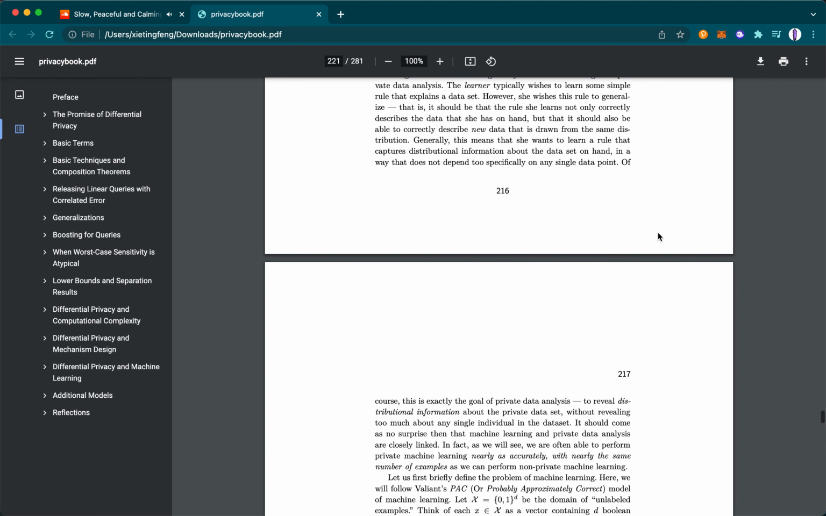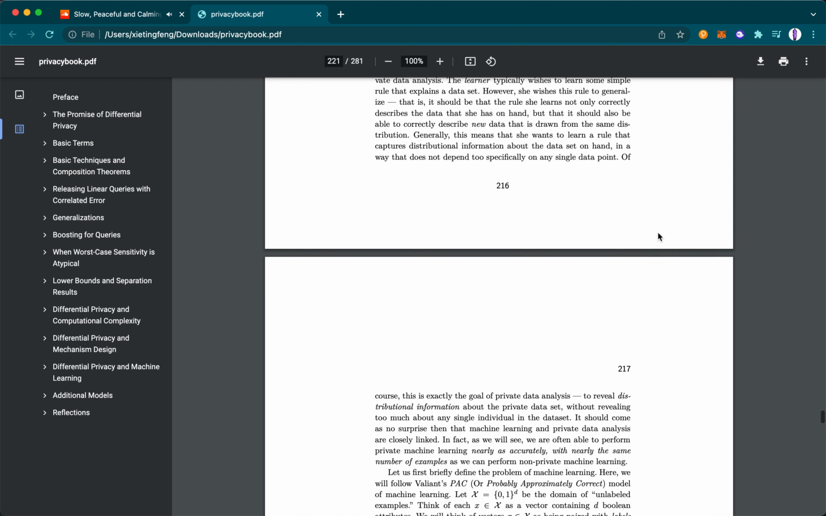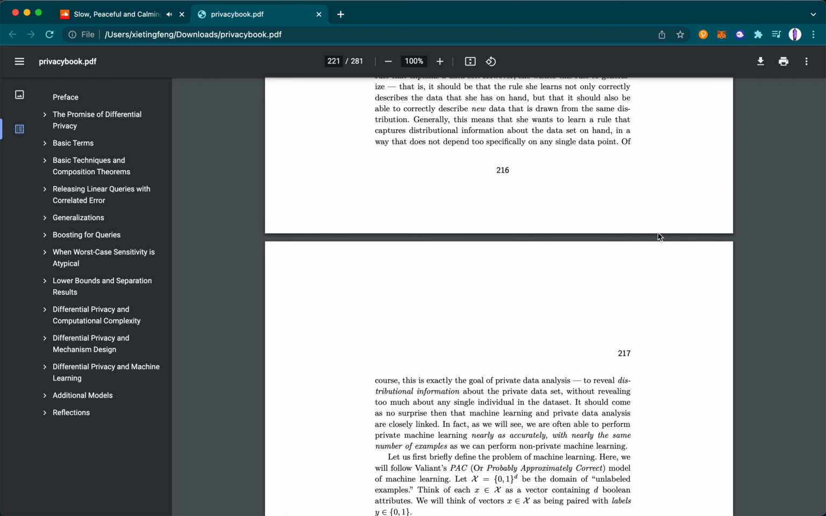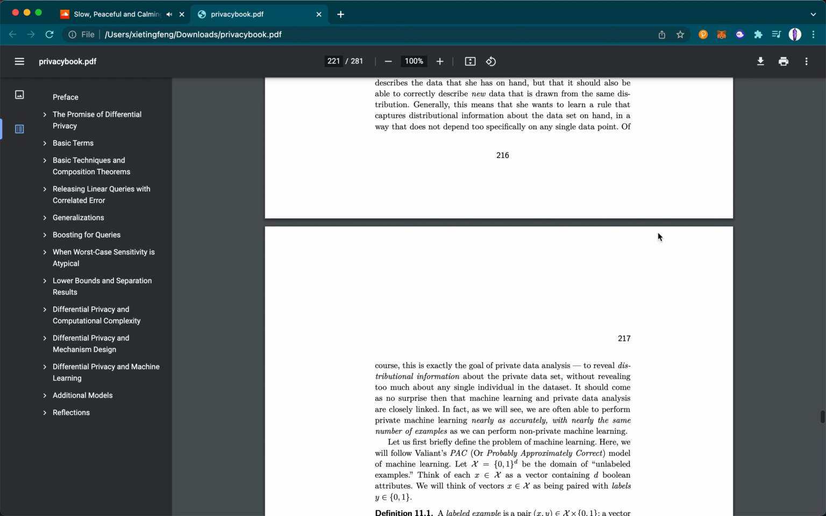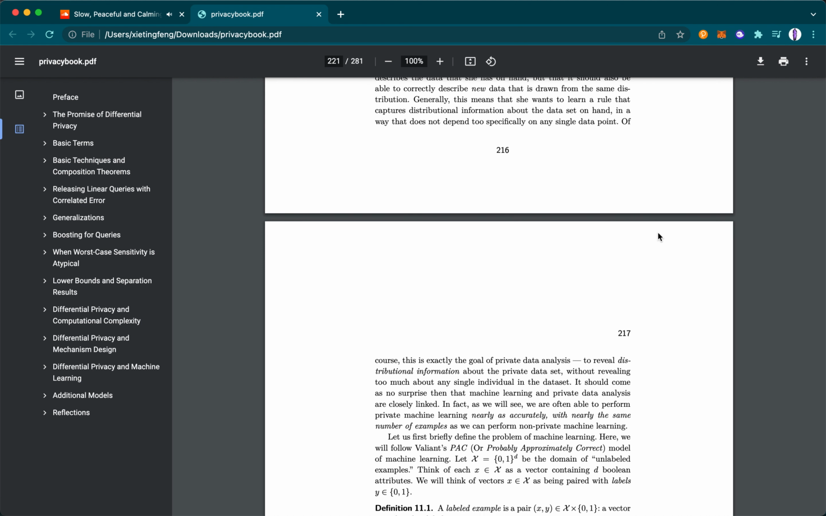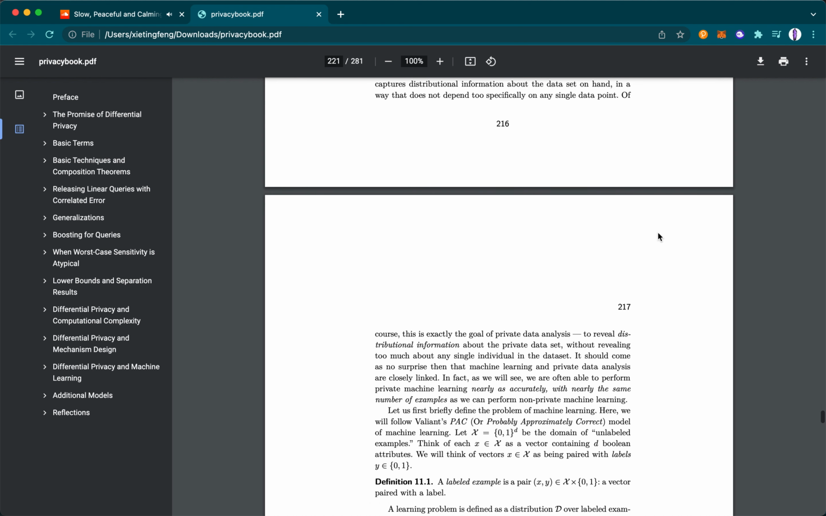The learner typically wishes to learn some simple rule that explains a dataset. However, she wishes this rule to generalize. That is, it should be that the rule she learns not only correctly describes the data that she has on hand, but that it should also be able to correctly describe new data that is drawn from the same distribution. Generally, this means that she wants to learn a rule that captures distributional information about the data set on hand, in a way that does not depend too specifically on any single data point. Of